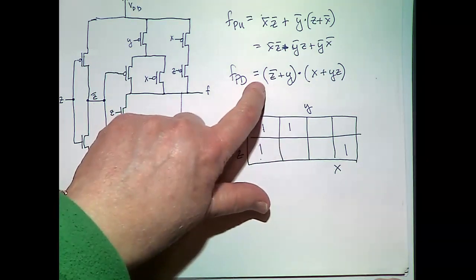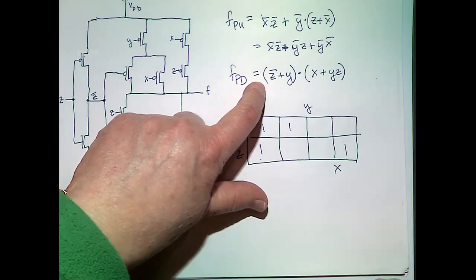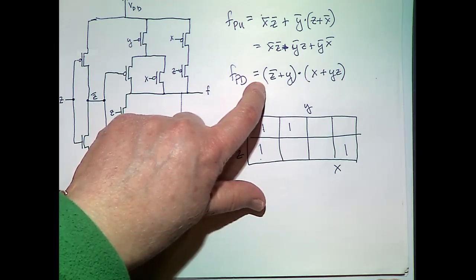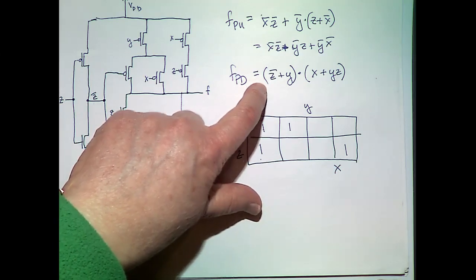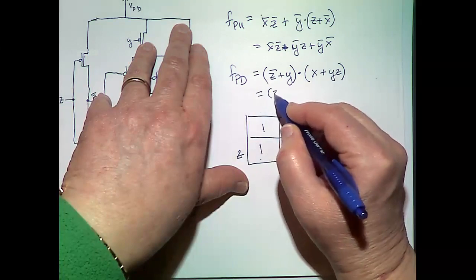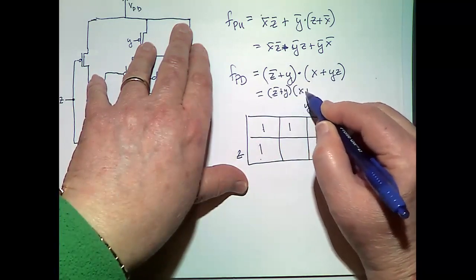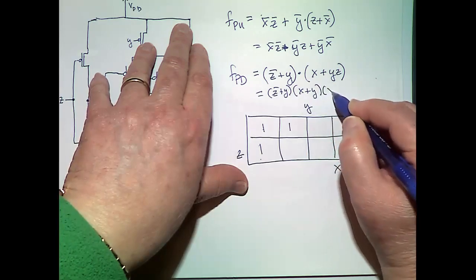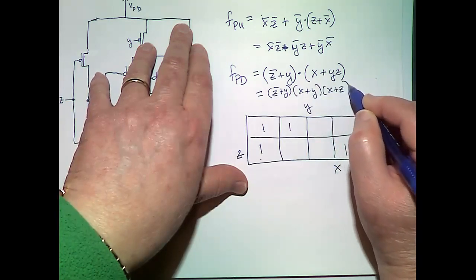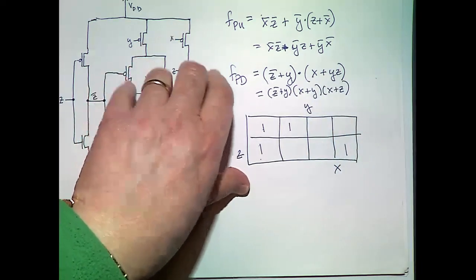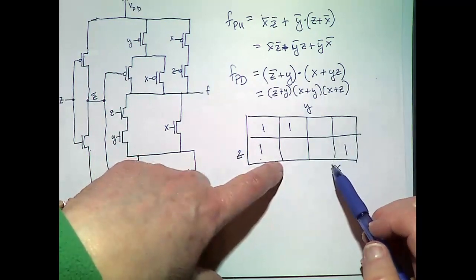I could write this out as a sum of products. Can we do that, or do you want me to just leave it as a product of sums? Actually, POS is nice for getting zeros. All right, we'll write this out as a product of sums. So this becomes X plus Y, X plus Z. So this is going to be 0 if X